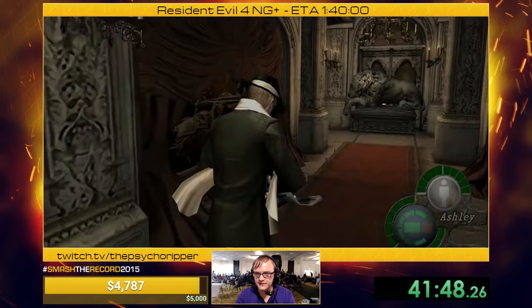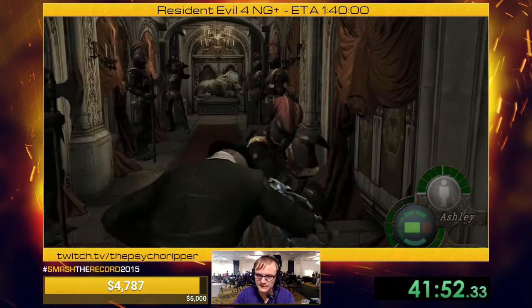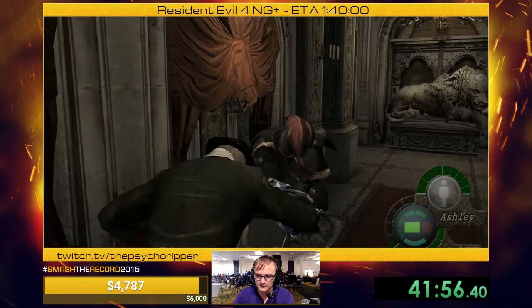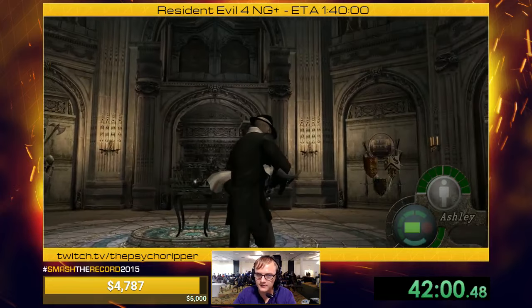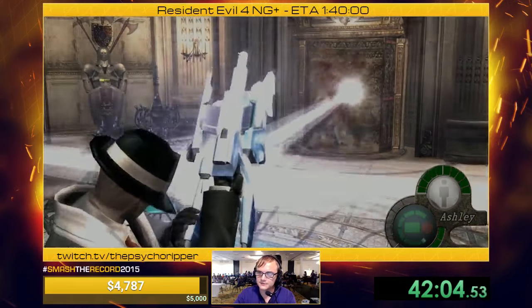Alright, I'm tired of this planking. Ashley's just going to sit here for a second. And like I said before, getting hit is faster. On normal difficulty right now, Leon's not going to take that much damage. Well, I mean, obviously he's taking a lot. My health is like halfway gone, but versus Pro difficulty, that thing would kill you really quickly, so...